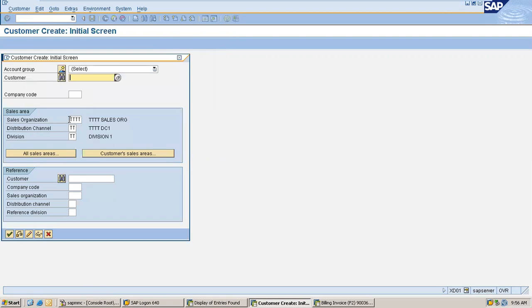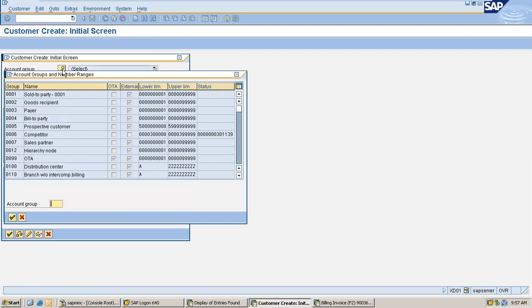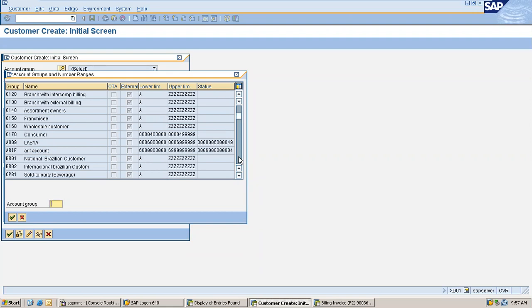Let's say I wanted to create a customer master under my sales area. So what is my sales area? 0505. That is my first sales area. In fact, I have two sales areas, but I'll be using the first sales area to create a customer number. And my company code is 1005. Then I need to select an account group. This is not specific to any component. It is at client level.